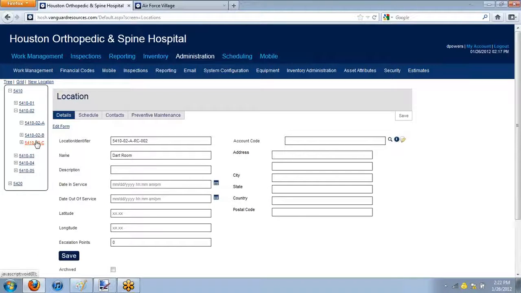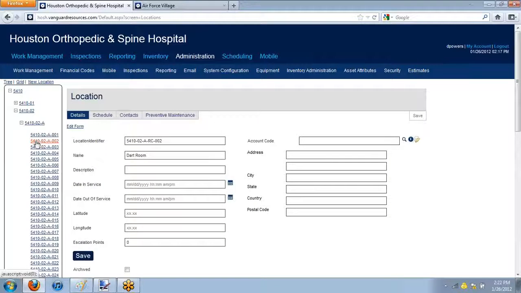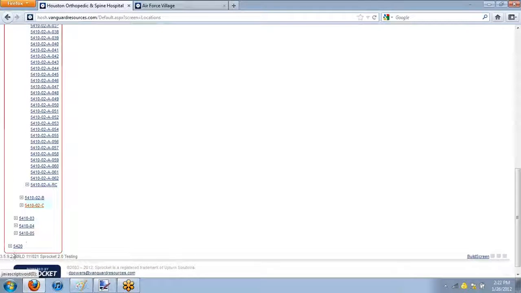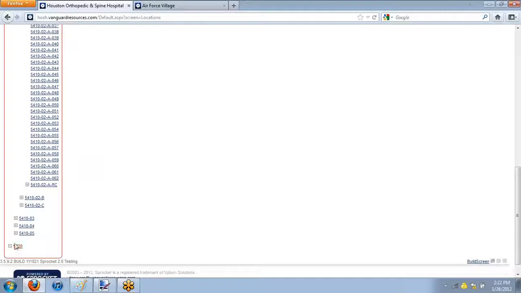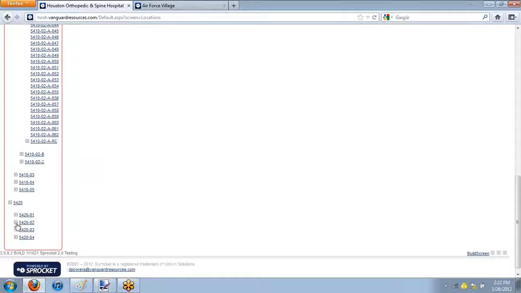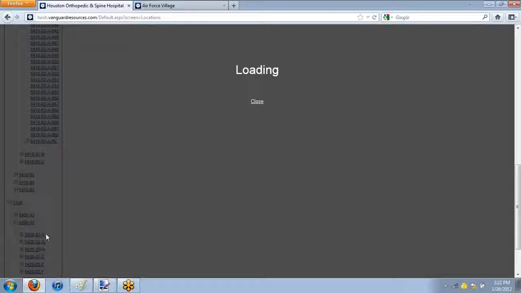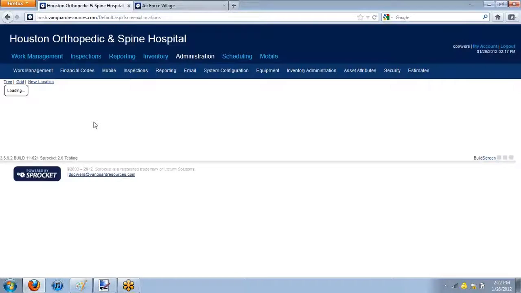So in this example, I'm going to say that our rec room moved from 5410-02-A-RC, and we're moving to 5420, a whole new building. So all you have to do is right-click on it and select a new parent, and then you navigate down through 5420 where you want the new location to be. I'm going to put it on the second floor and in area B. So I'm going to click on the new parent location,